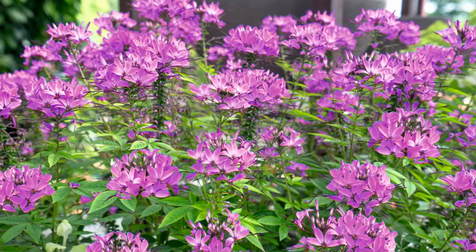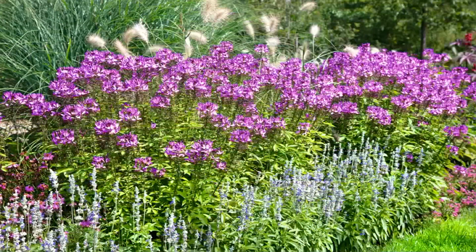Years before I really got into gardening, so this goes back a ways, there's a house a few houses down from me that would have these plants. I called them fireworks. I had just never seen anything like it, and every year they would come up. And then finally, I found out they were Cleome. Well, I have been on the hunt for a good Cleome to grow ever since, and my hunt is over